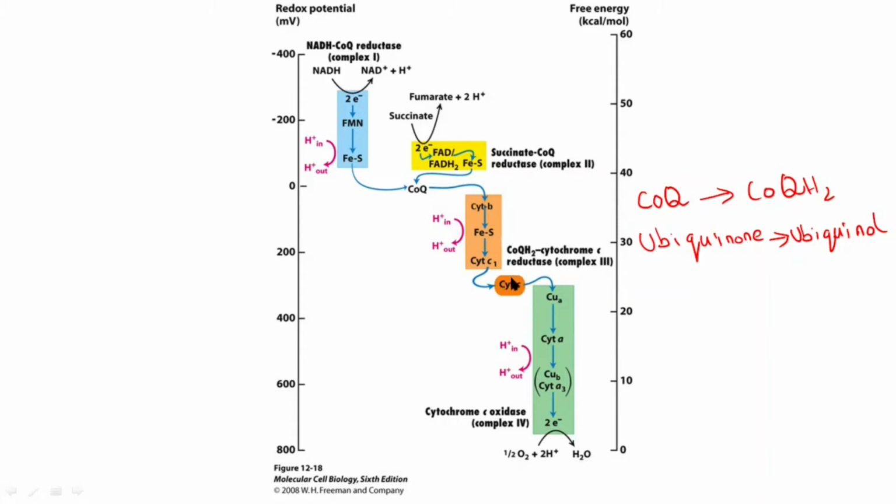Now let's see what this cytochrome C is going to do. Whatever electron it has accepted from complex 3, it is going to give away to complex 4. Let us see about complex 4. Here there are two cytochromes, cytochrome A and cytochrome A3. If you look at the order of cytochromes in the electron transport chain, there are two cytochromes in complex 3, cytochrome B and cytochrome C1. One mobile electron carrier is present between complex 3 and complex 4, which is cytochrome C. And in complex 4, there are two cytochromes, cytochrome A and cytochrome A3.